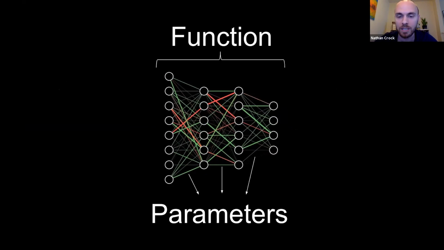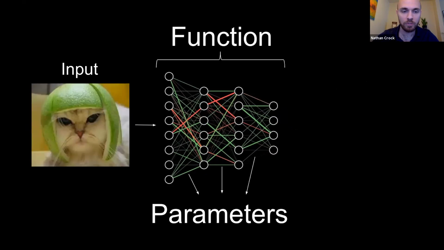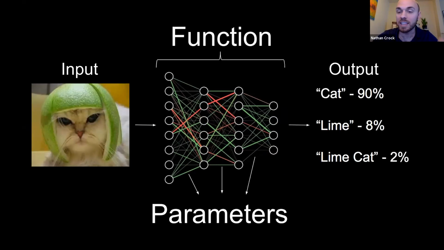These are the knobs and the buttons on the mixing control panel that you saw. And just as before, we're going to have some form of input that comes into the algorithm, and we're going to tweak and change those parameters such that the output satisfies whatever we want, right? We can define whatever performance we want, and by tweaking the parameters, eventually it will conform to our expectations here,